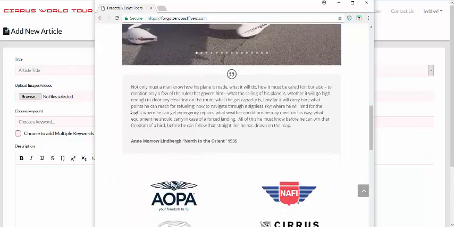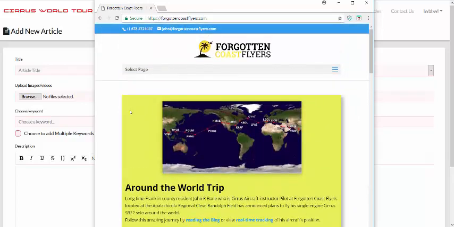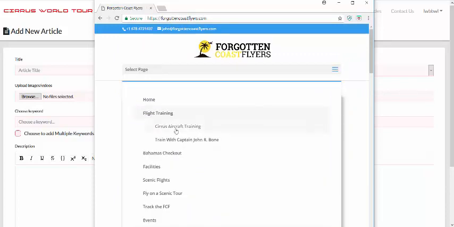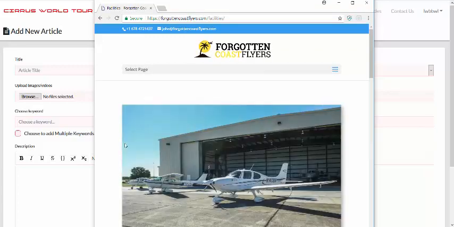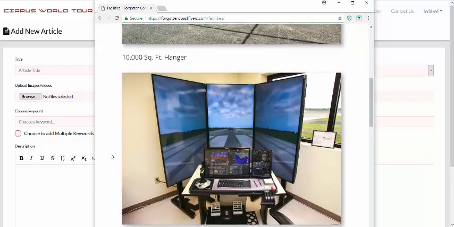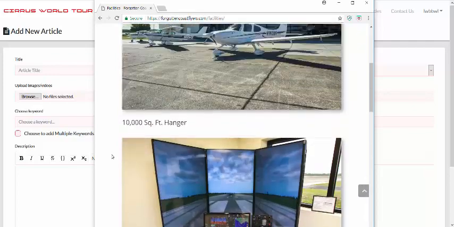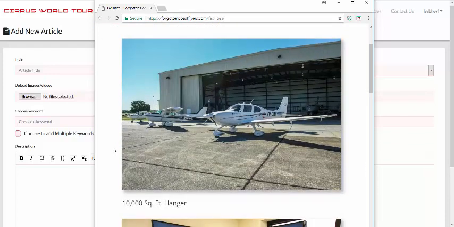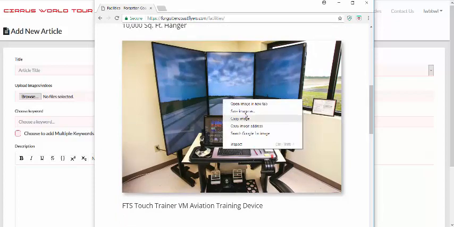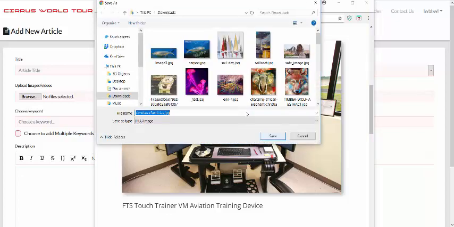Come down here and let's select a page that's got a few pictures on it. So right there, that's a good picture. And you got some good options there. So let's just do this right here. We're going to use this picture right here. So what I'm going to do is right mouse click this and then save this image as. And so what I'll do is I'll put it in my